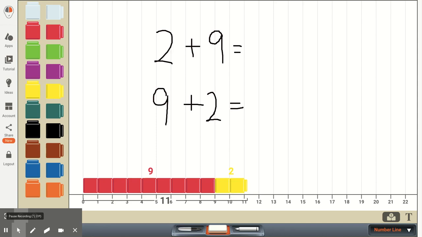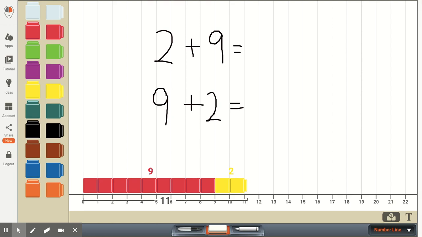If your first grader needs an explanation of this, say in terms of money or coins, you can explain that if you had 2 pennies in one pocket of your pants, and 9 pennies in the other pocket, and then if you switched it and you put the 9 pennies in one pocket and 2 pennies in the other one, then in either case, you have the same number of pennies, whether it's 2 plus 9 or 9 plus 2. In either case, you'll have a total of 11 pennies.